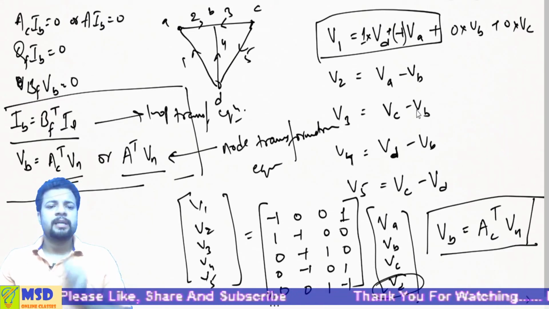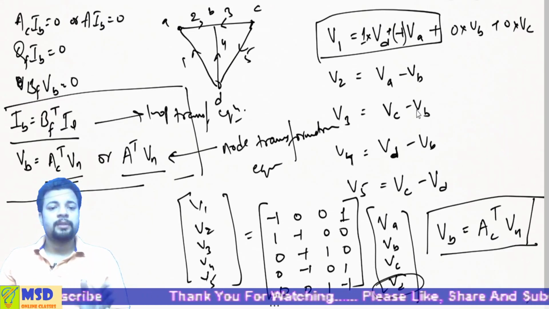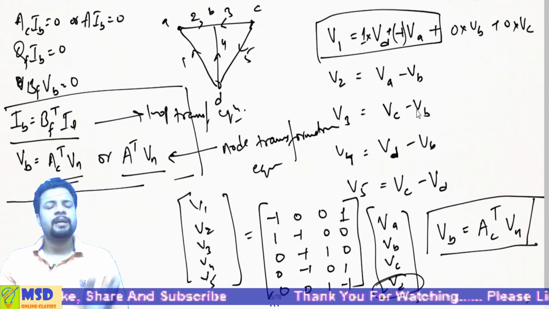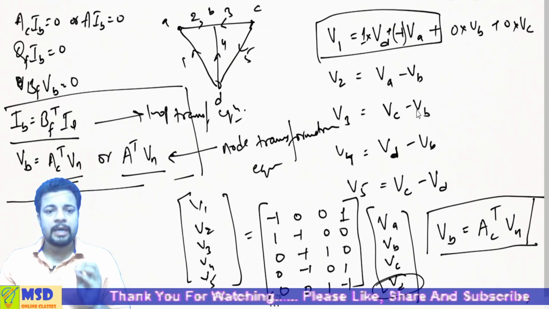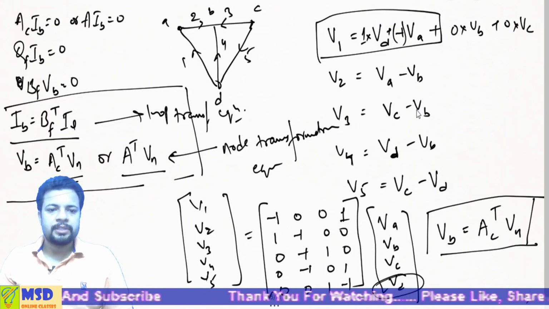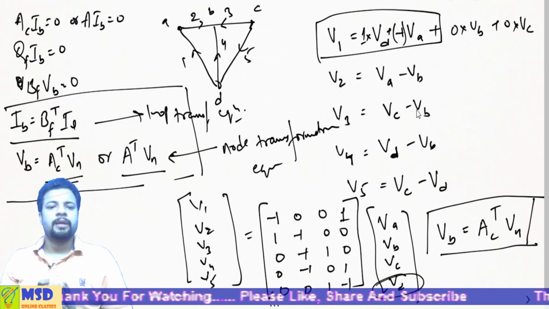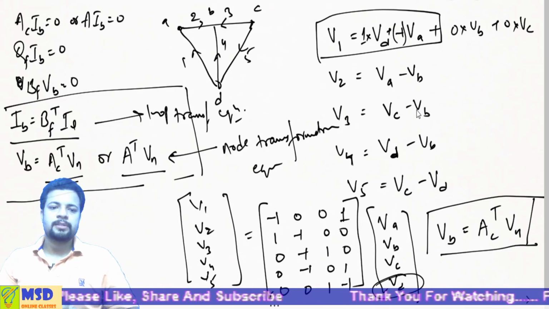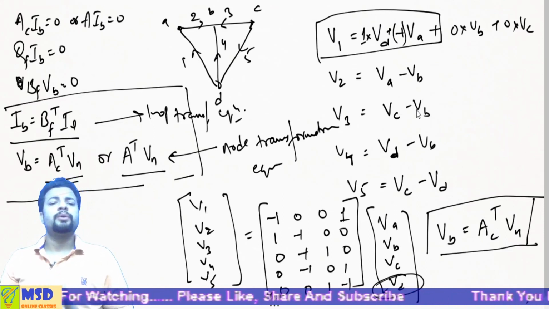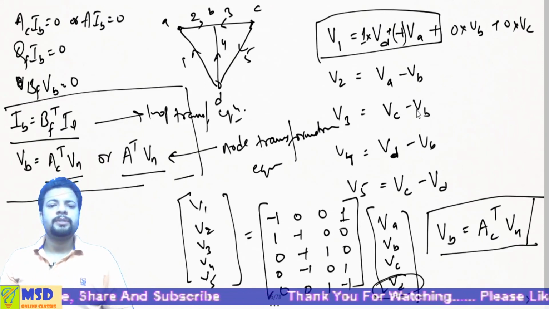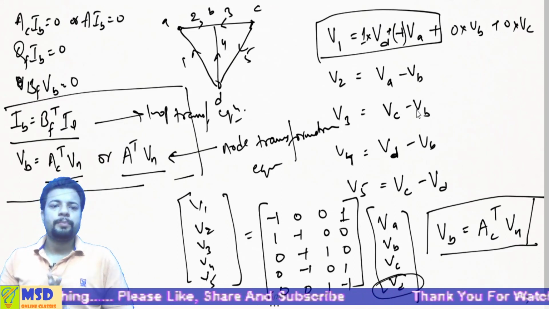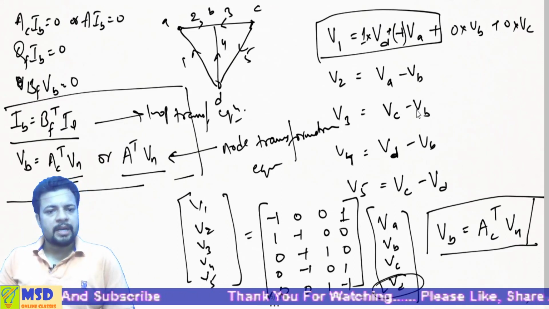So the next session is again very important from the university point of view, not from the point of view of competitive exams. You may find a few stray questions occasionally, but not many. From the next two sessions on graph theory, fewer questions will be asked in competitive exams. But for university exams, be it UTU, UPTU, MMTU or GBTU, you will find many questions from loop and nodal analysis and graph theory.